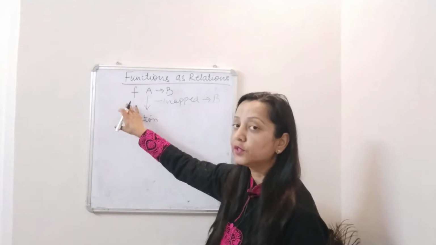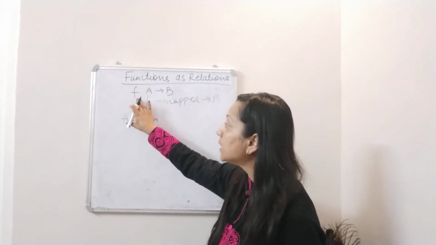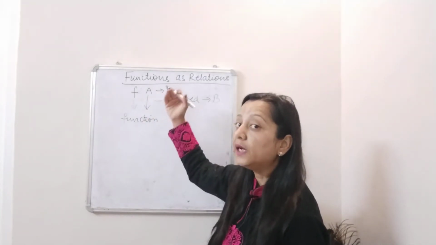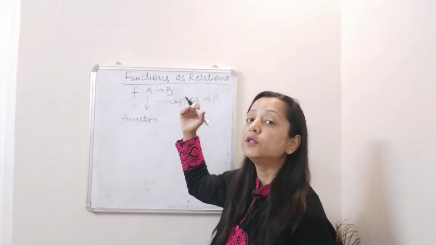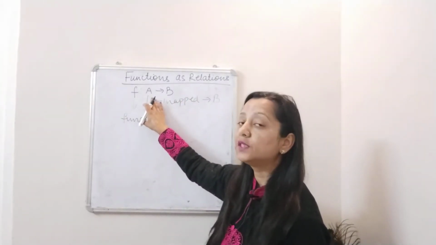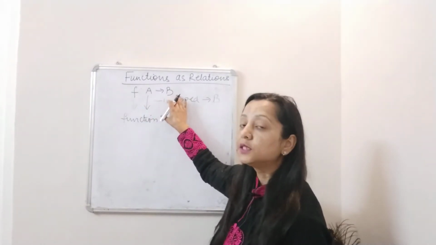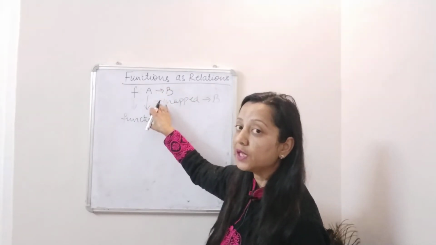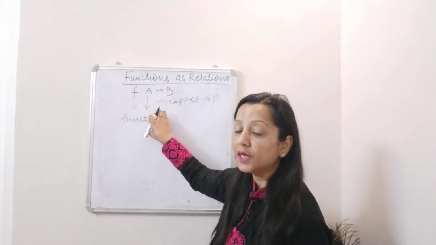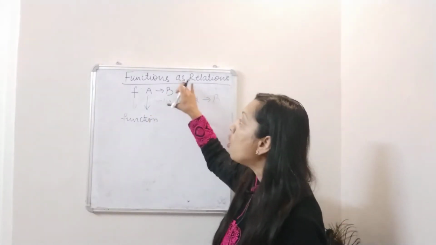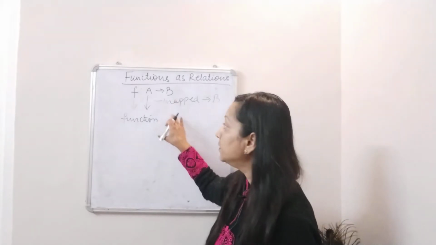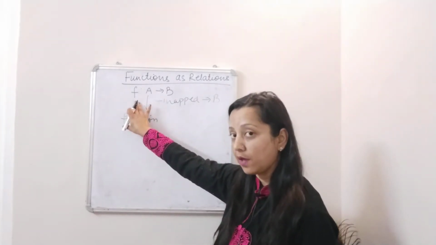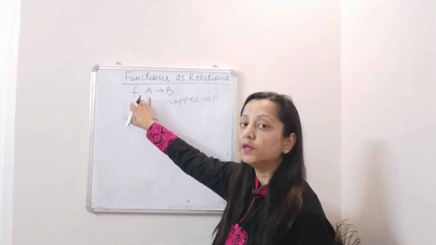So here small f denotes a function, and this expression reads that f is a function that goes from set A into set B. So that means the mapping is from elements of set A into the elements of set B. That means the elements of set A will be assigned the elements of set B, and those elements of set B which are assigned to the elements of set A will be known as the image of the elements of set A. And the collection of all those elements of set B which have been assigned to elements of set A collectively will be known as the image of the function f. This we have already discussed in our previous video.